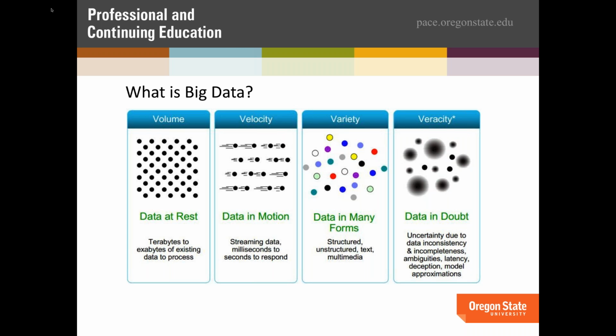There are a lot of different definitions of big data out there. The way that I like to refer to it, and it's commonly referred to, is sometimes called the 4 V's: volume, velocity, variety, and veracity. Data is not what it used to be before. Before, you used to have what's called data at rest. It's just a relational database, an Excel sheet that had lots of data. It might be customer demographics, sales reports, or invoices.